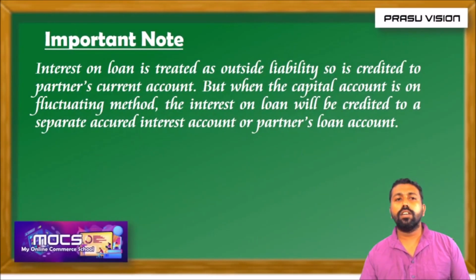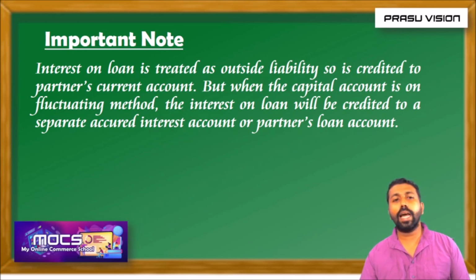Only one thing I want to say, interest on loan is treated as an outside liability. Outside liability means that there will be no direct relation with the partner's capital account. So it is credited to the partner's current account, but when the capital account is on the fluctuating method, the interest on loan will be credited to a separate account known as accrued interest account or partner's loan account. Accrued interest account or partner's loan account. Just remember,